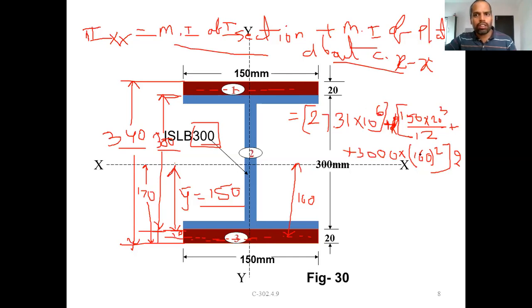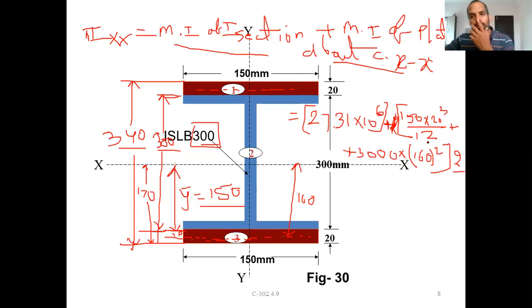We'll get the moment of inertia as the same, because it is the same distance apart, because it is already symmetric. Symmetric means whatever part is on this side, the same part is on the other side also. So it is the same moment of inertia, same formula, same distance, everything is the same. So you need not calculate or write again, just multiply with the 2. That indicates 2 plates.